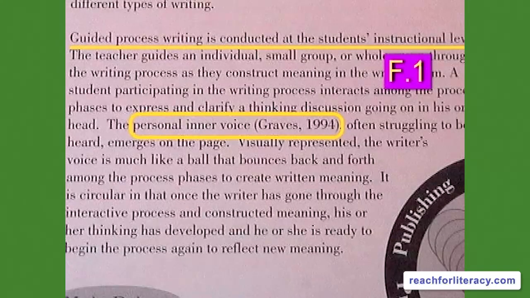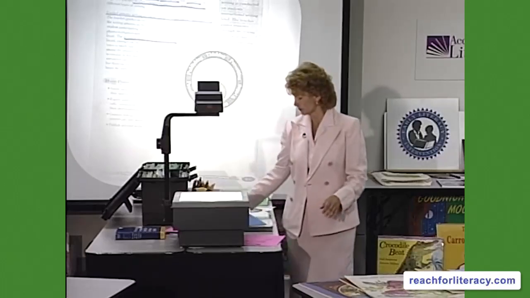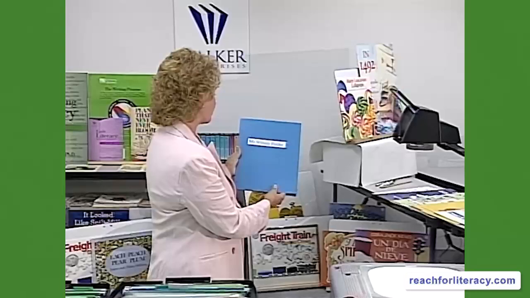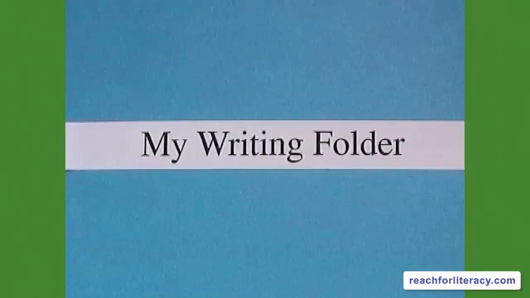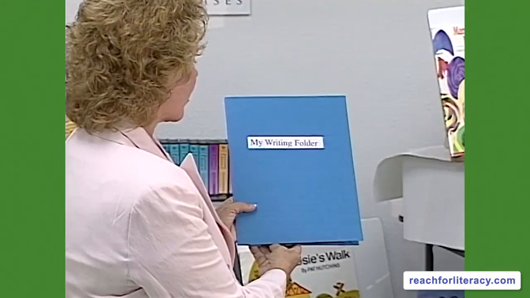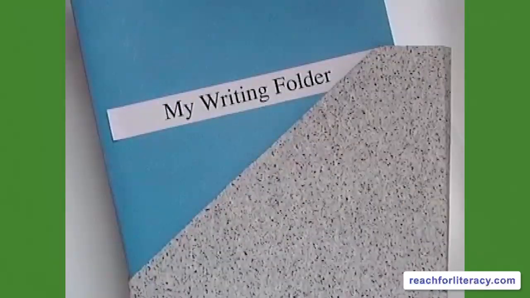Now, as we look at these notes on this particular component, guided process writing is conducted at the student's instructional level. And here's the part about the personal inner voice by Graves. There are two ways that we organize this particular piece. I would like to suggest that you have a writing folder for every student in your class. And if you laminate this, you can use them from year to year if you do not put the student's name on there. They can just remember what color they have, and you place these into these file folder holders,